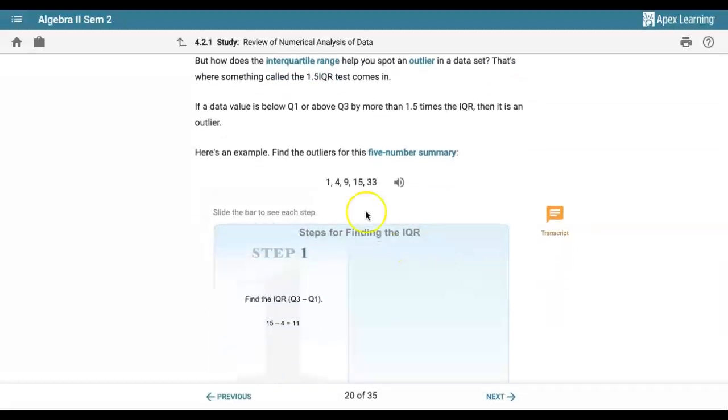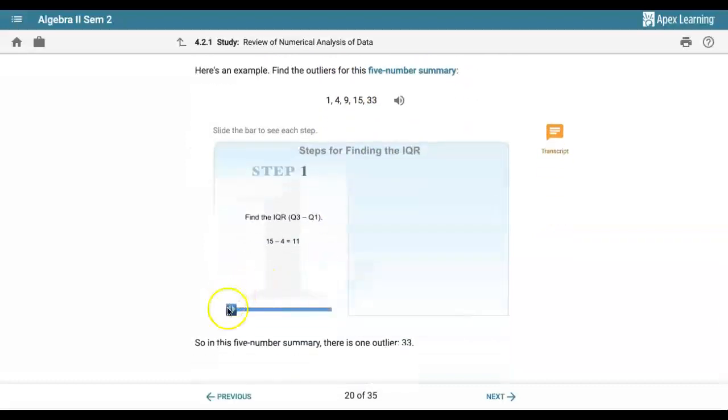Okay, so what we can do is we have our 5-number summary. What we can do then is find the interquartile range. So our interquartile range is 11, from our third quartile to our first quartile, or vice versa. Then we can find 1.5 times that interquartile range. So 11 times 1.5 gives us 16.5. So then to find any low outliers,